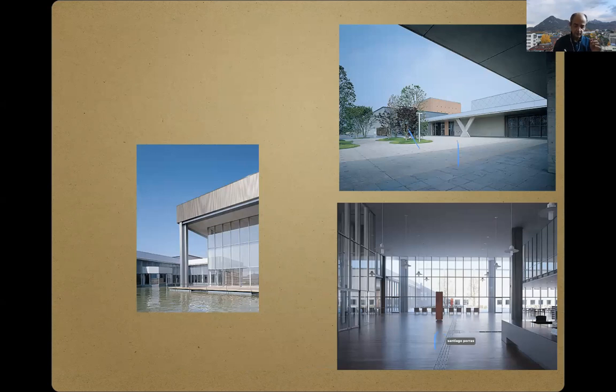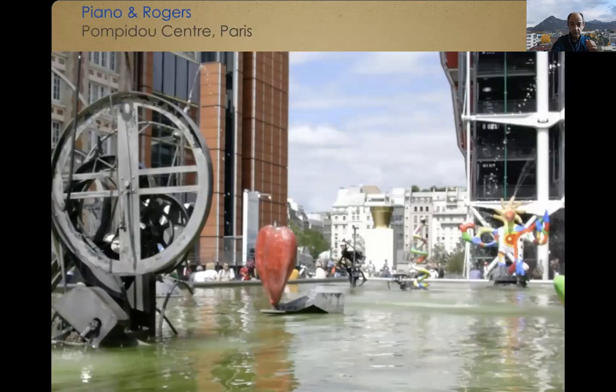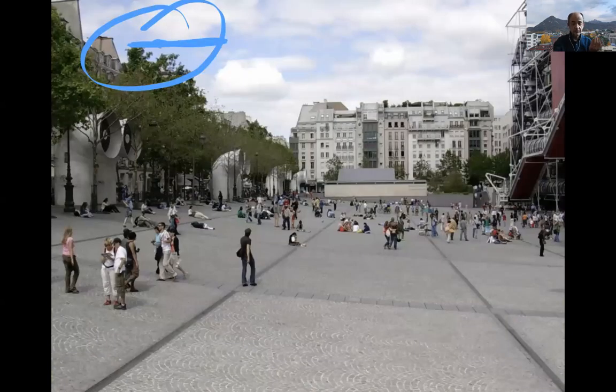So we have a bit more examples of Maki. More dense urban space. I think the Pompidou Center in Paris is again a very solid building, but I think the space in front of the building is as interesting as the building itself. And probably the most interesting thing is just to have the sloped ground, a gentle slope, right?